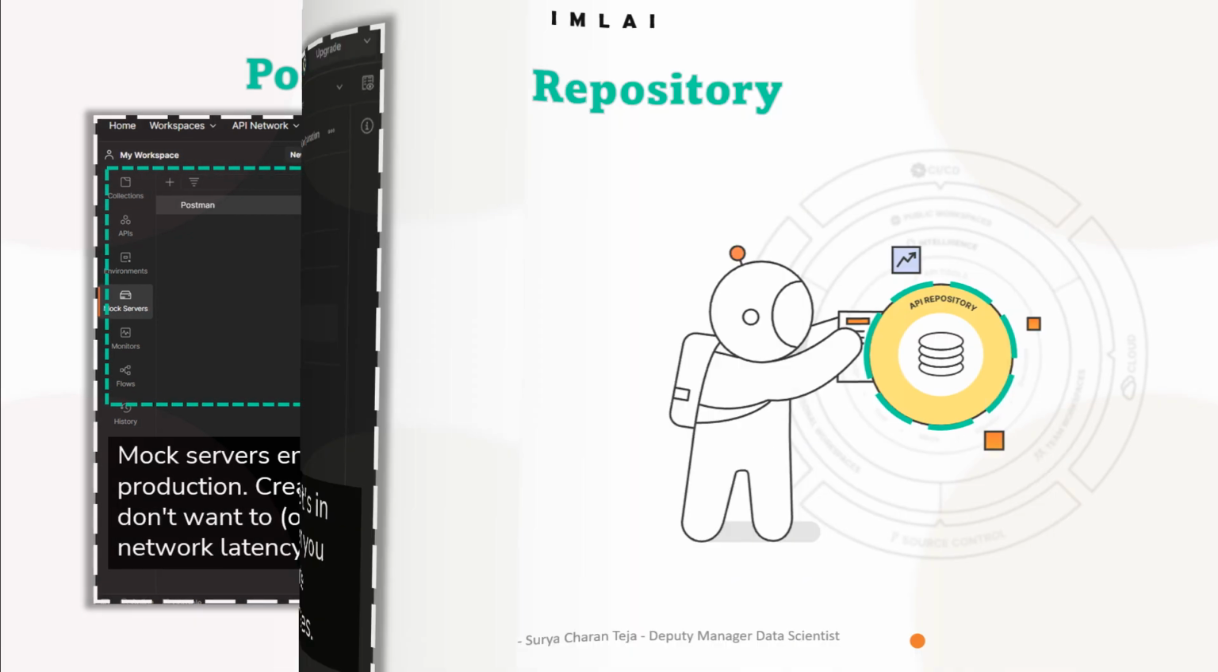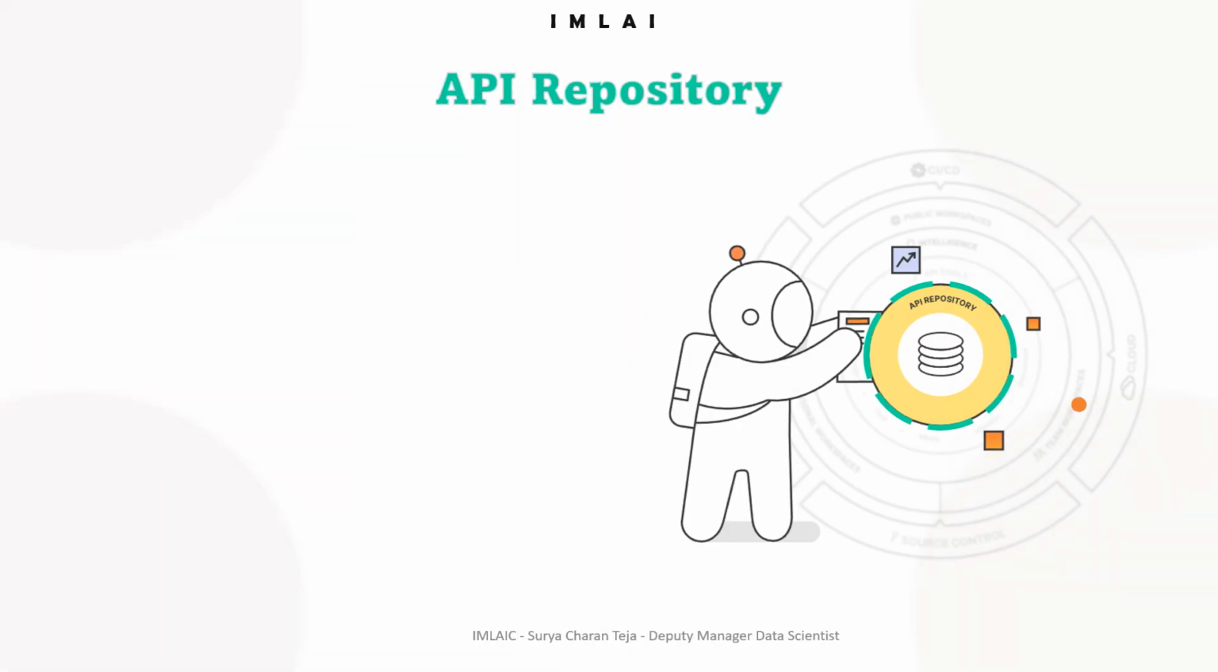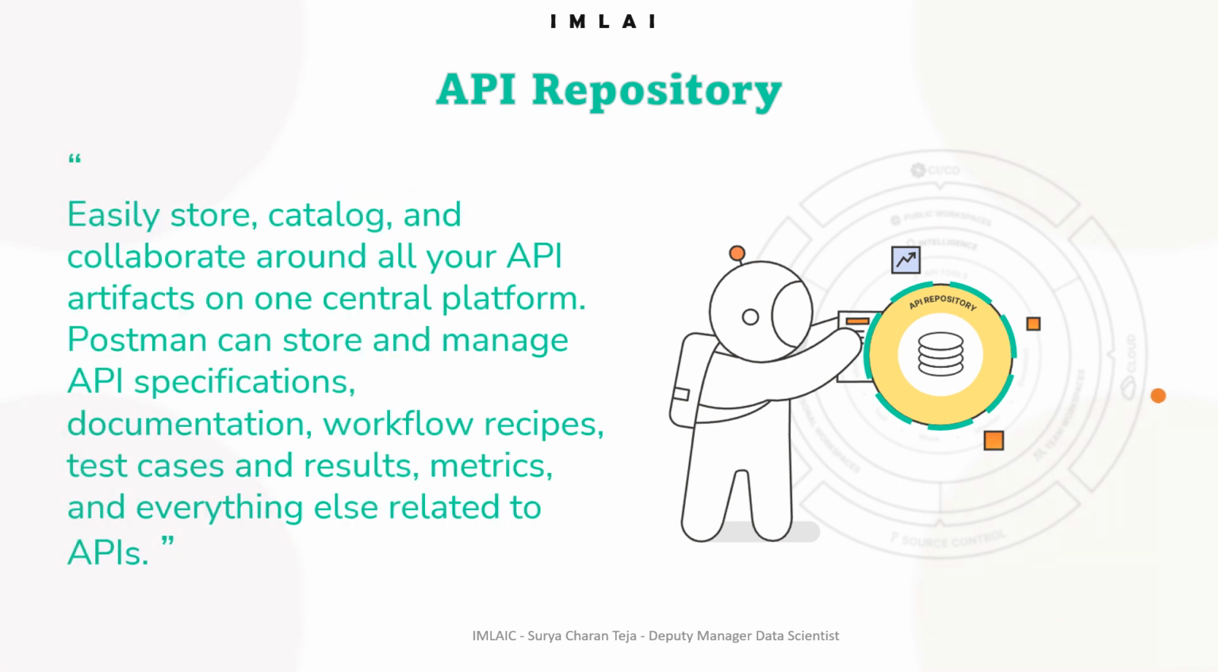So let's wrap this up after looking at this API repository. So API repository, what's that? It easily stores, catalogs, and collaborates around all your API artifacts on one central platform. So Postman can store and manage API specifications, documentation, workflow recipes, test cases, and results, metrics, and everything else related to APIs. So, with this, we'll be wrapping up with a quick summary of Postman, what we have gone through